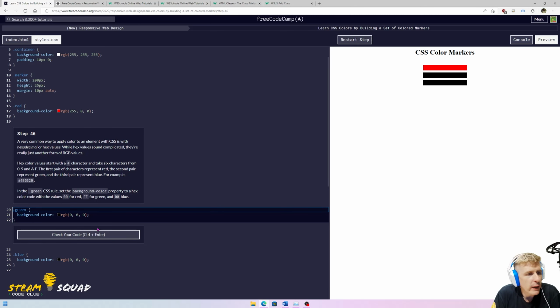Step 46. A common way to apply color to an element in CSS is using hex values. While hex values sound complicated, they're just another way of writing RGB. Hex colors start with a hashtag, and they take 6 characters from 0 to 9 and A to F. The first pair of characters are red, the second pair are green, and the third pair are blue. For example, hashtag 4B5320. In the .green, set the background color to a hex value